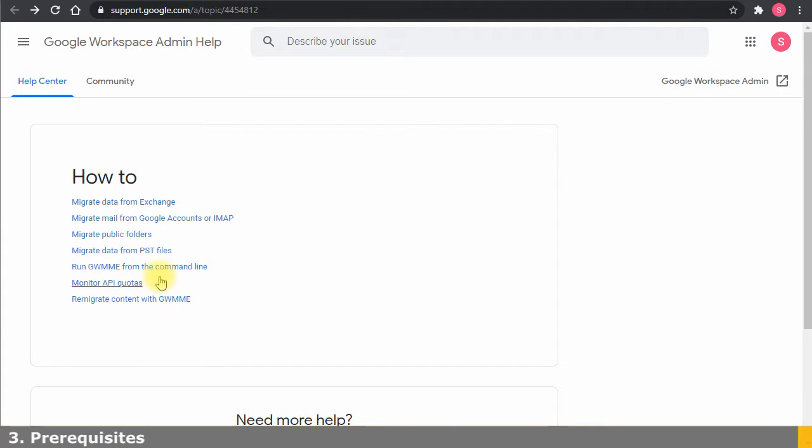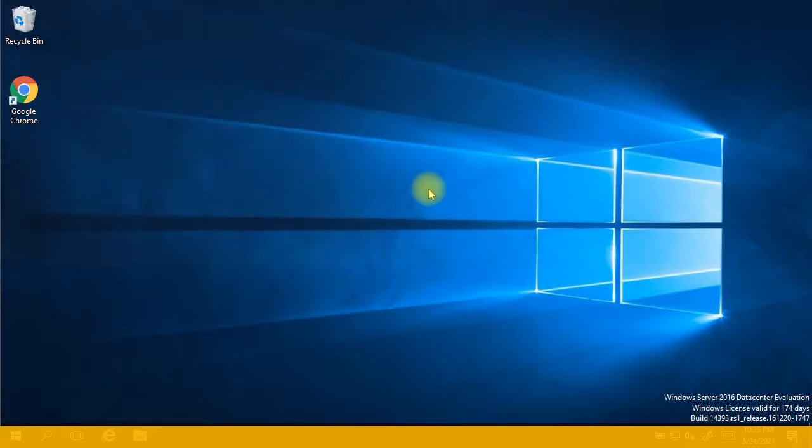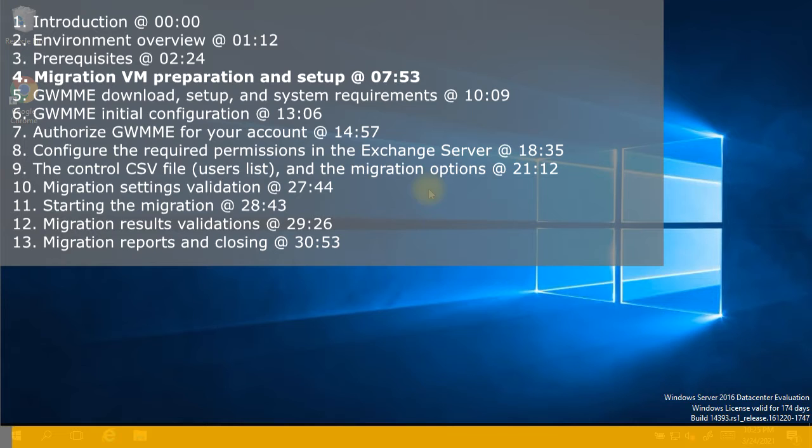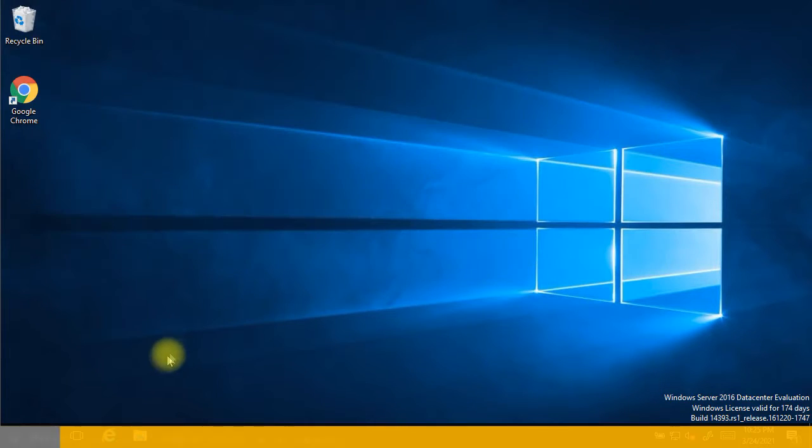So now I'm probably done with the talking and the introduction. Let me take you to the virtual machine. So this is the migration machine that I will be using, and as you can see, it's probably clean so far. I only have Google Chrome installed and also Microsoft Office 32-bit installed, and with that I have configured the Outlook profile. And if I open Outlook,